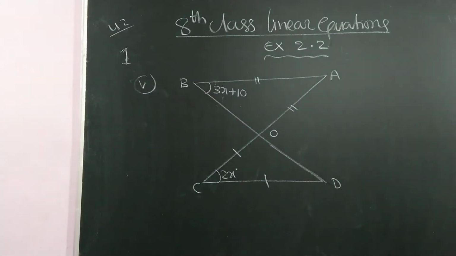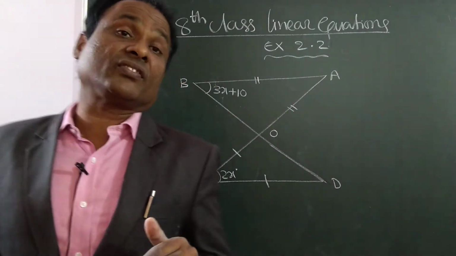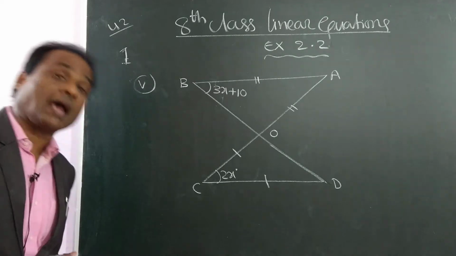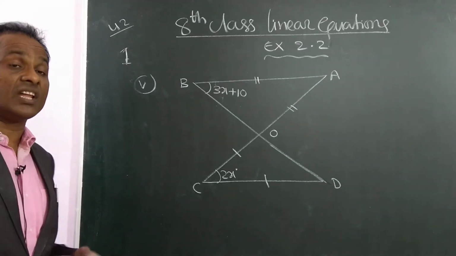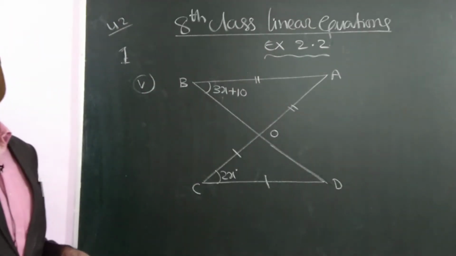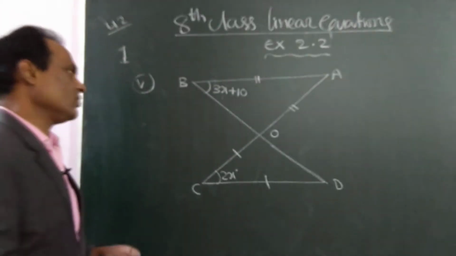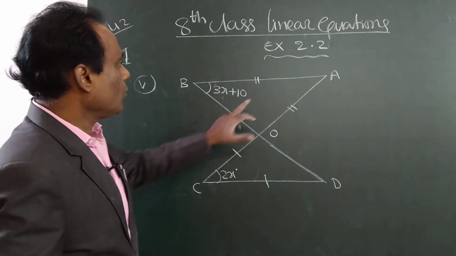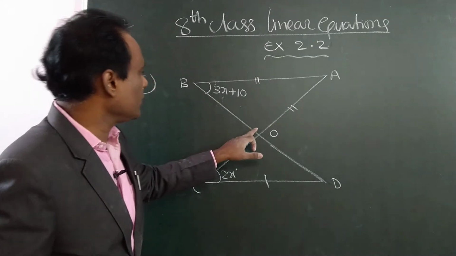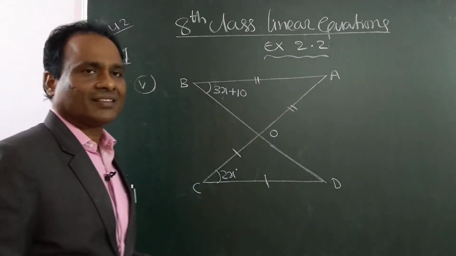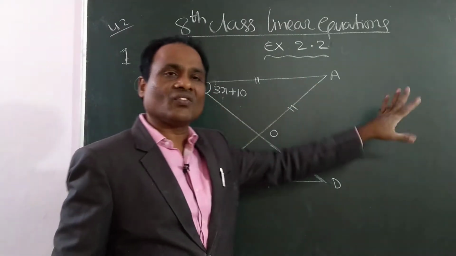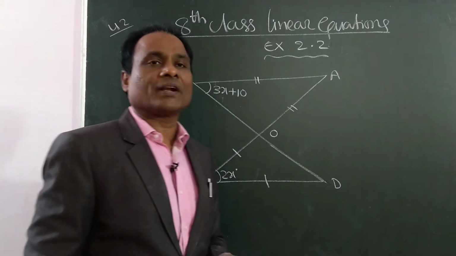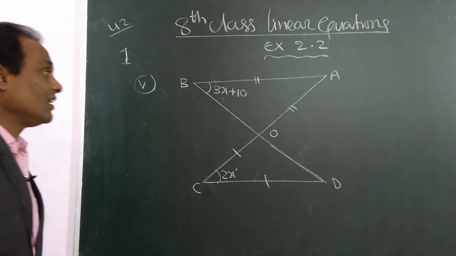And see, you have to know the angle properties in a triangle or between the parallel lines or intersecting lines. That formulas you studied in the lower classes. I will remind you once again. Suppose in one triangle, if you know all the three angles, then sum of three angles in a triangle is 180 degrees. Using that property, we can find that x value.